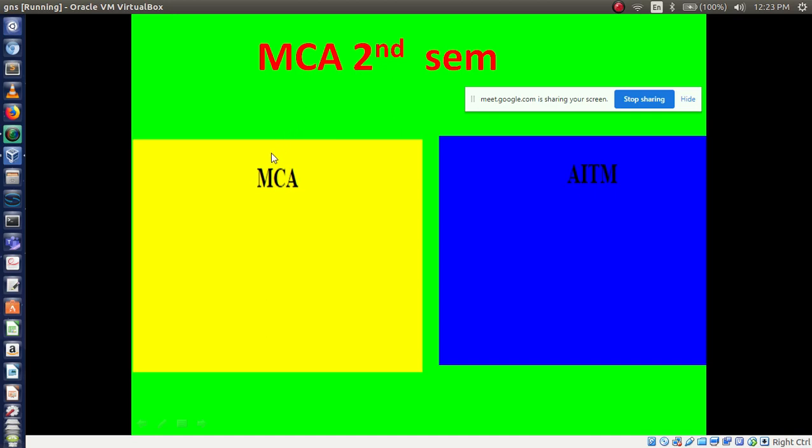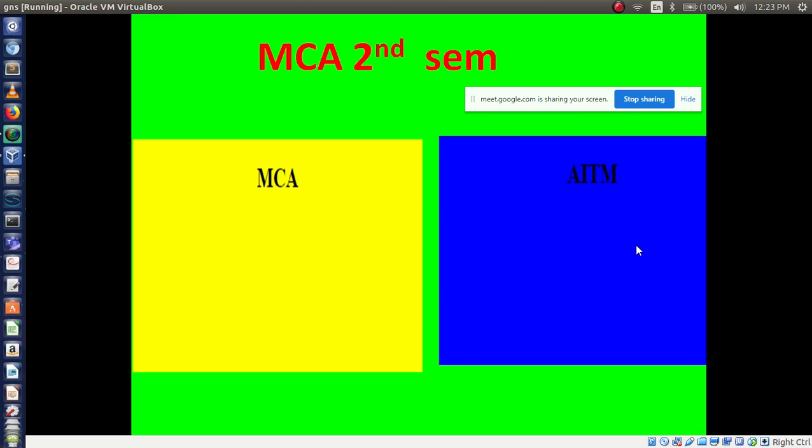Then I am using two division tags. One division tag has background yellow, another one is blue. Here I am displaying MCA and here I am displaying AITM, right? And in background color I am using green color. See here, green color. So it is my sample web page which I want to display on the website. So for this page we have to use division tag, right?